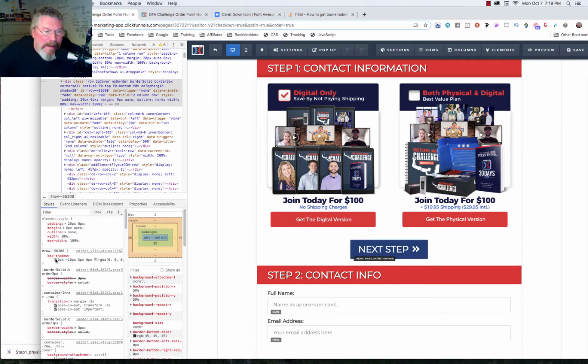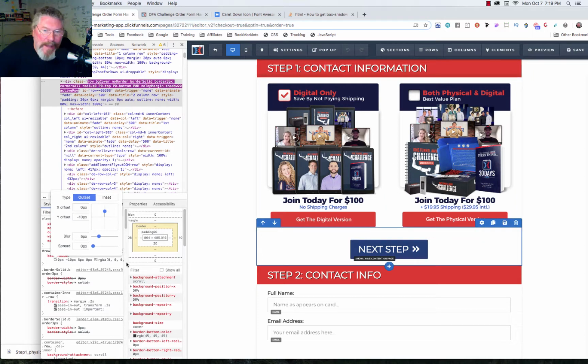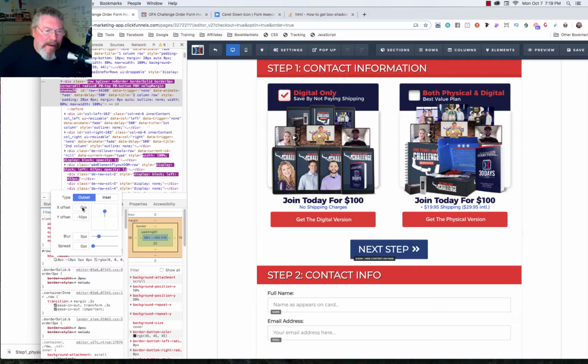And then what I did is you can come in here and click on this little box. So it already had the shadow around it based upon what I put in there from ClickFunnels. But then you can start moving around all these elements. And what I found is I left the blur at 5 because that gives me the same kind of line along the side. Spread is 0. And I think what it had been before was like 1 and 1 on the X and Y